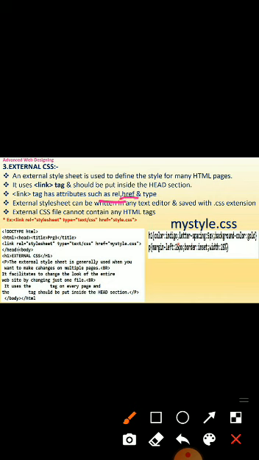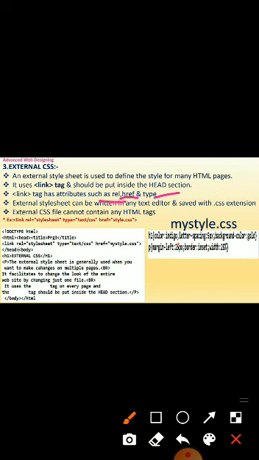Href means the reference of the page, the source of the file, and the exact location of the file. And the third is type. Type means which type of file can be used, for example a .doc file, .css file, .txt file, or an Excel sheet file, whatever you want.